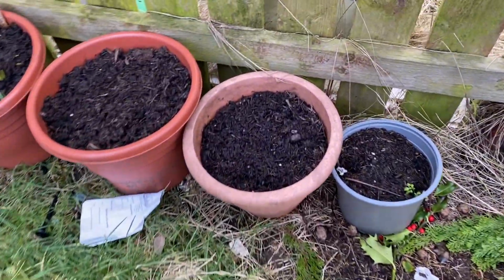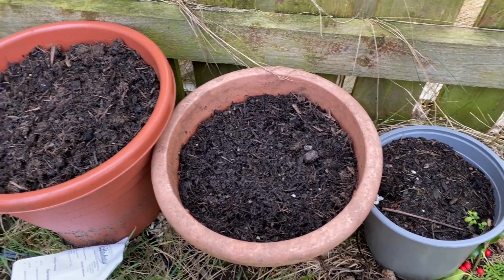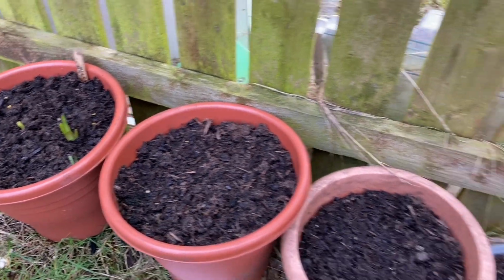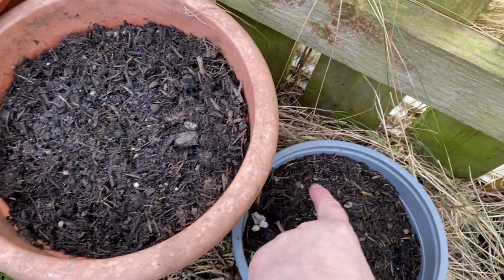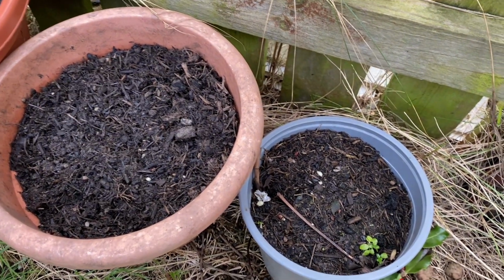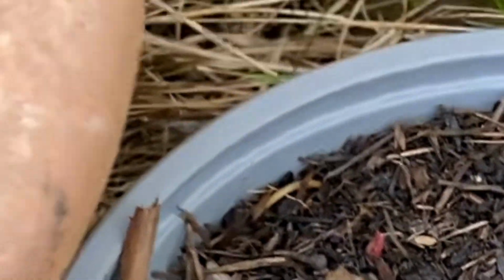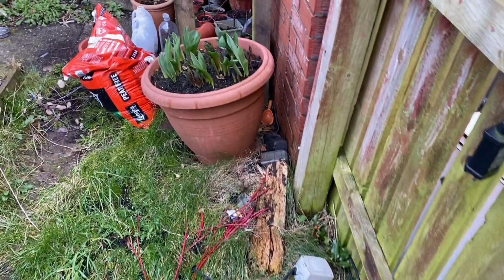And then these things here are all lilies, I'm sure. You can see some poking up already. And in here something poking up as well. I'm not sure, but do lilies come up red? Because they look very sort of pinky red. We'll soon find out. Now this one here next to my potting bench,